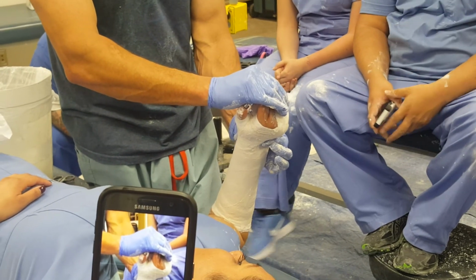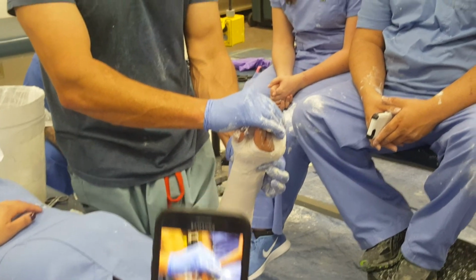And this cast breaks, especially in plaster. So all you people that like to break the casts,